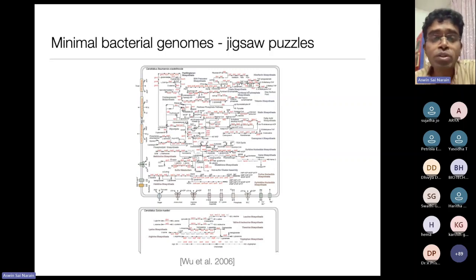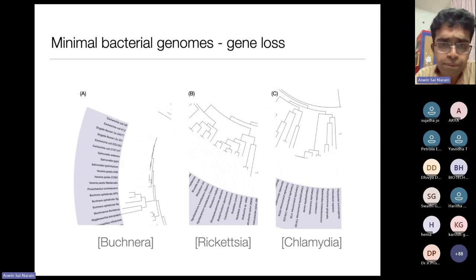And an extreme case of endosymbiosis, obviously, is the mitochondria, which is essentially a factory for producing energy for eukaryotic cells. And here is a phylogenetic tree of certain segments of the bacterial region, and it highlights three genomes: Buchnera, Rickettsia, and Chlamydia. And all of these are genomes which are reduced in size compared to their ancestors. And these are genomes in which gene loss is a dominant evolutionary